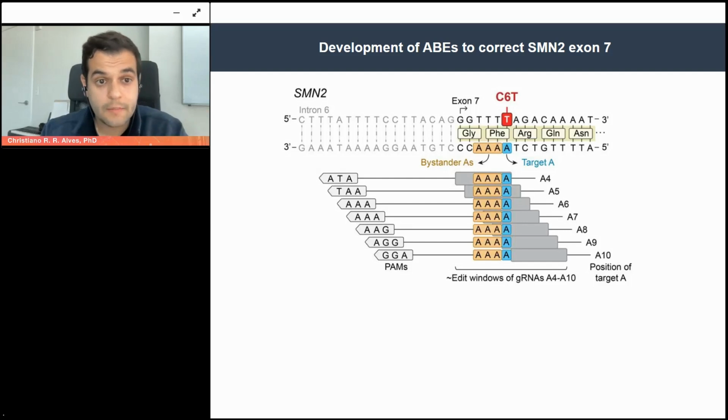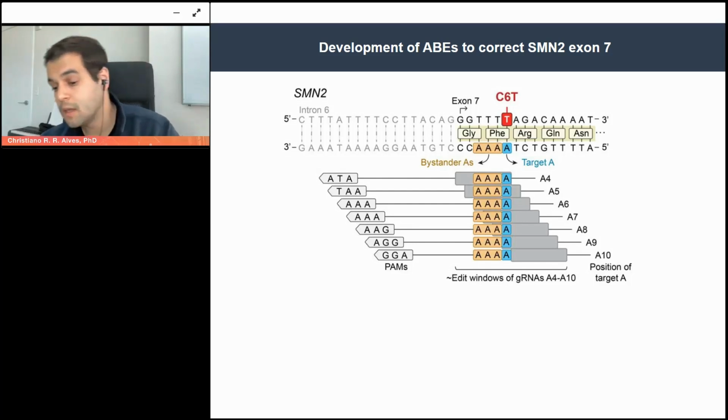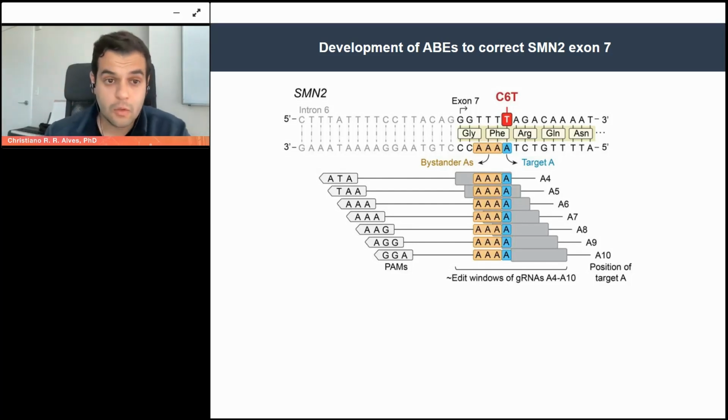So some challenges here, right? When you think about developing technology, we actually have some critical challenges. First of all, if you look at that neighborhood, we have other adenines that we don't want to edit. We call those bystander adenines. Why? Because we don't know what would happen if we edited those, even if they are silent mutations, because it's a very tricky site where we have to control splicing, where the machinery binds to control the splicing. We don't know what would happen if we added those other A's.